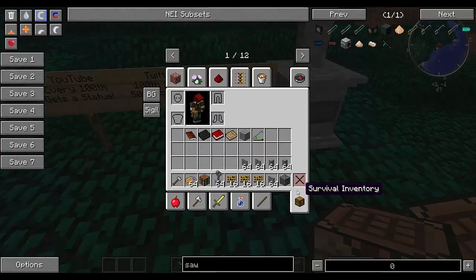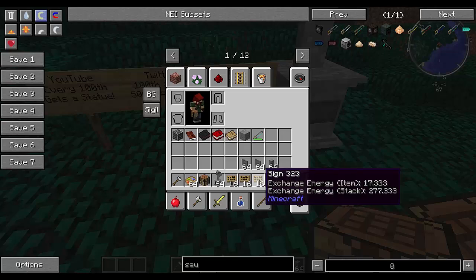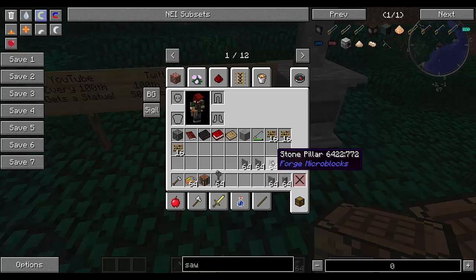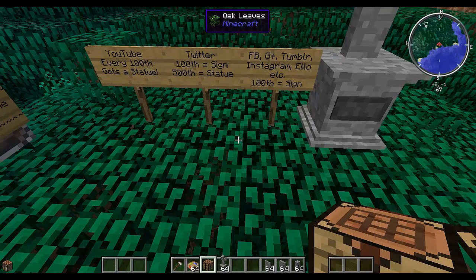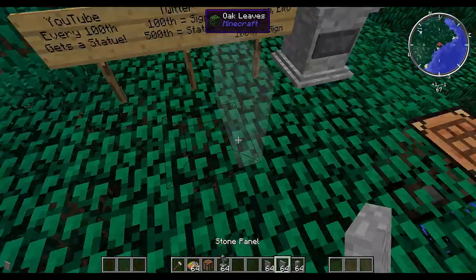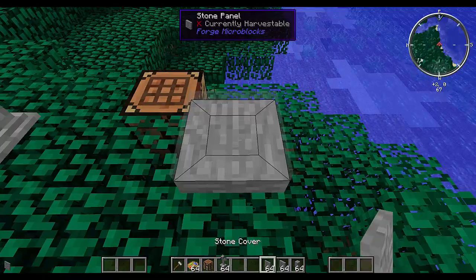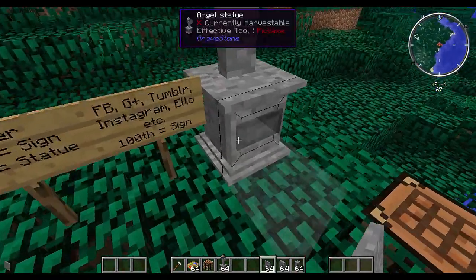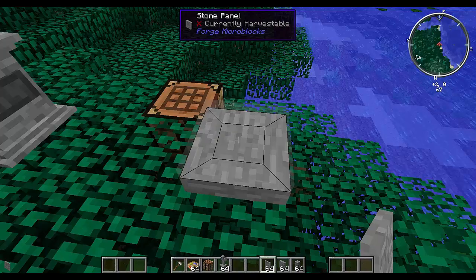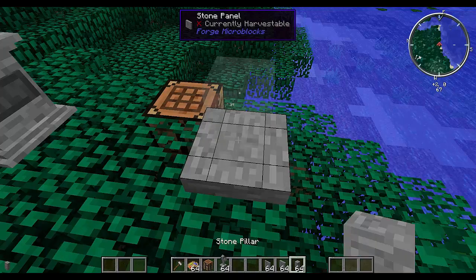So let's go back here, put that up there. And what we need to do is put one of these fat ones down like this. And we can't do an inset like that. But we can do this.